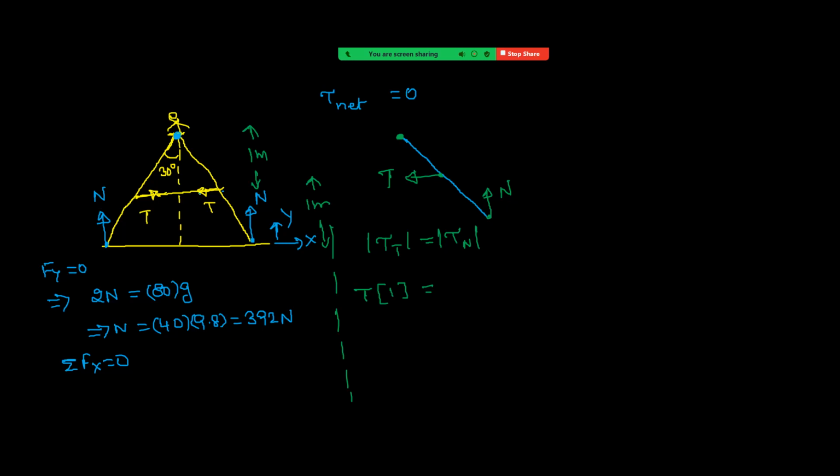So we are taking force into perpendicular distance, that is equal to 1 meter. And how to know that? You just imagine a line passing through that point parallel to force. Then between these two lines separation is now 1 meter. Okay. So T into 1, that is equal to N, N value 392, N into